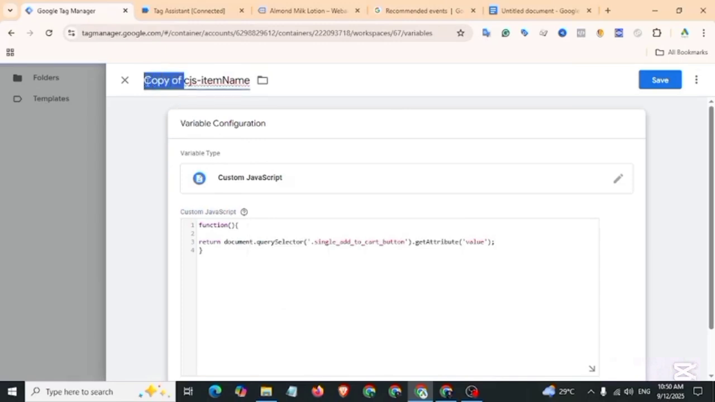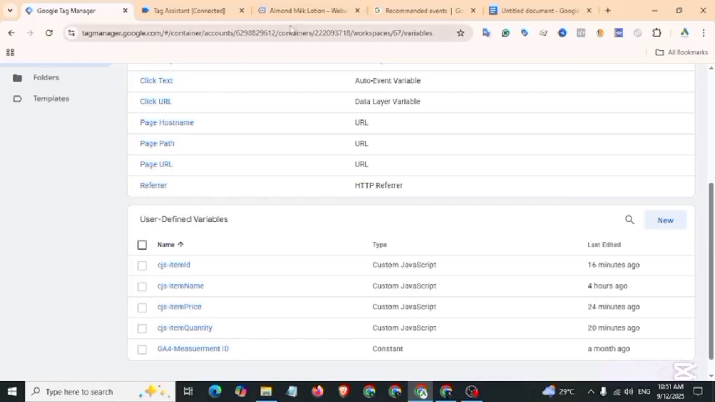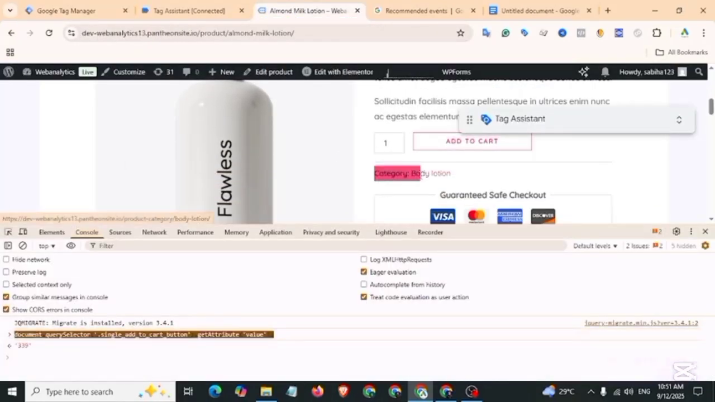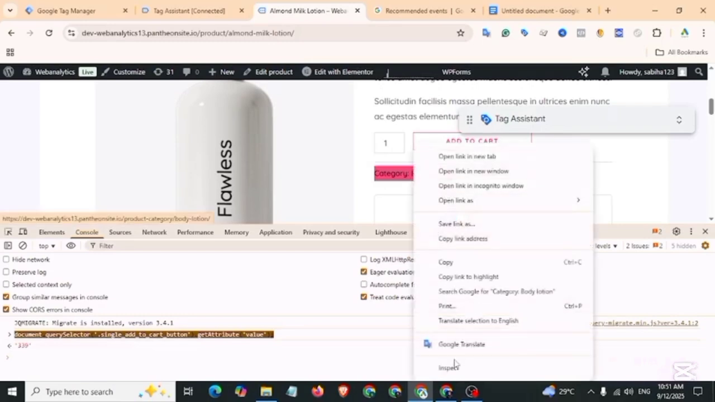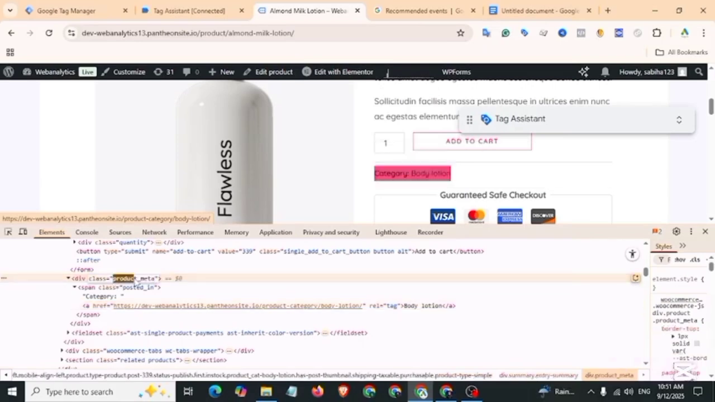Customize the name, then save back to our website, and at last we capture item category. Let's inspect item category. We got class product meta. Let's copy this class, move on console, type